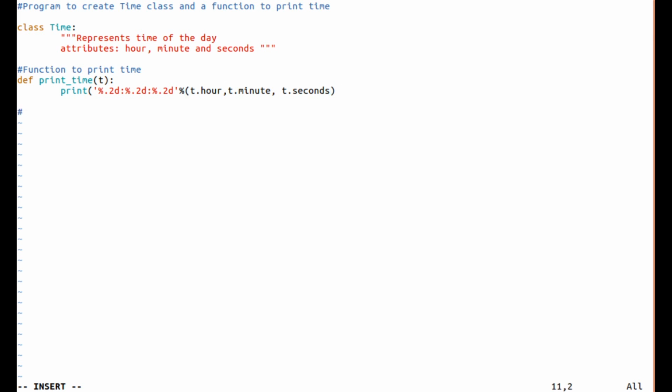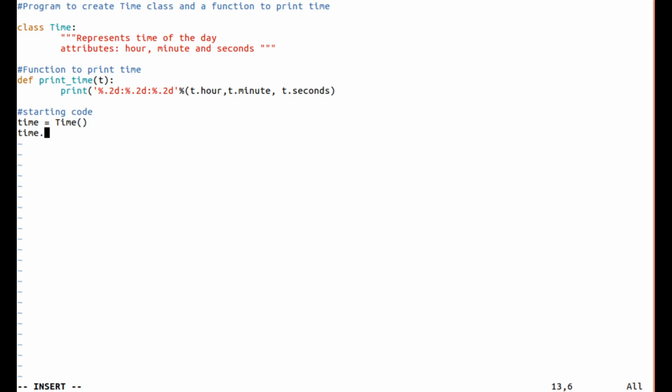And now I'll write the starting code of this program. Okay, let me create an object called time, and here let us initialize the attributes.